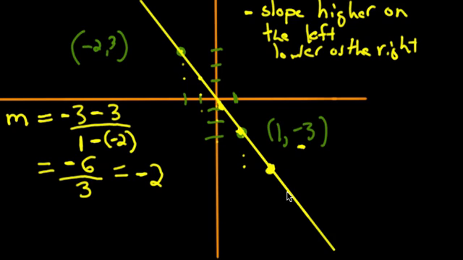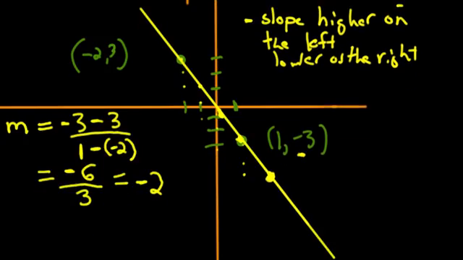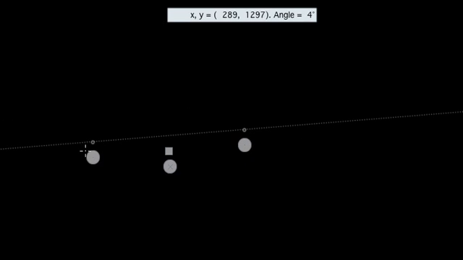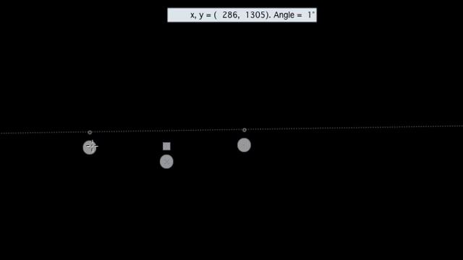Now there are some special slopes that come out of this. So we saw that positive slopes rise and negative slopes fall. Well, we also have zero slope. That means the rise over the run is 0. And what that is telling us